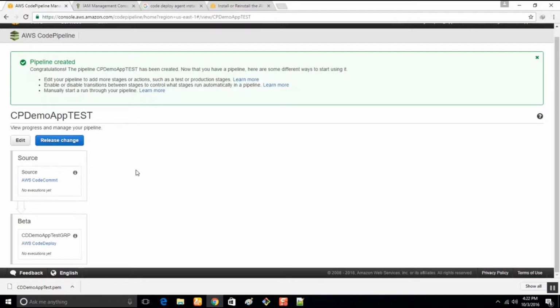Now what it basically does is pull our code from AWS CodeCommit and compile it using CodeDeploy. See, it started. It's pulling from AWS CodeCommit, it's building it, and it will deploy it to the instances that we have tagged using that name. Let's see it in action. Just spare a few minutes. I think everything goes well. Fingers crossed.